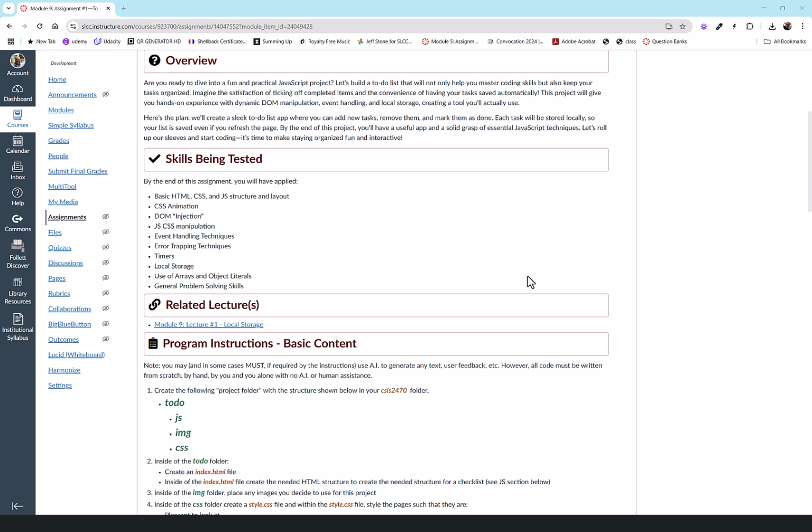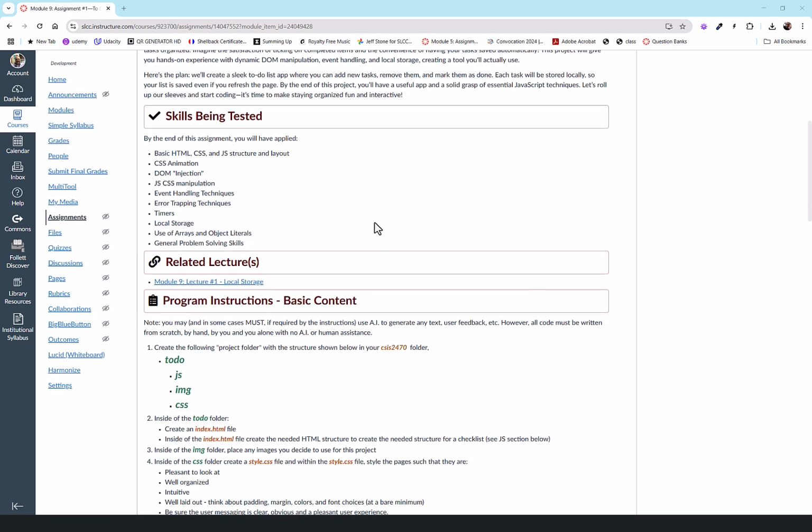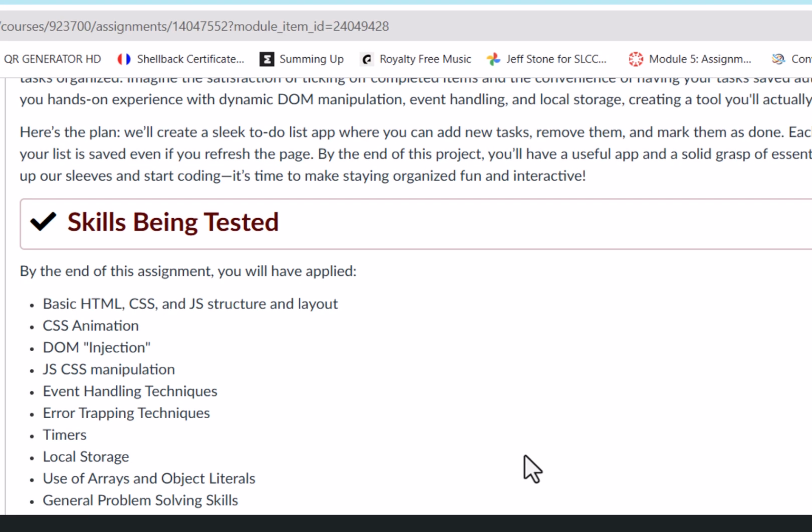First, let's talk about some of the skills we're going to be testing here. Whenever we're building a web project, especially an app like this, obviously HTML, CSS, JavaScript, that's a part of every website. But it's pretty common to also be doing CSS manipulation with JavaScript. And it's definitely common that we're going to be doing DOM injection. That just comes along for the ride because that's why we use JavaScript, right? And then also we're going to be using some CSS animation.